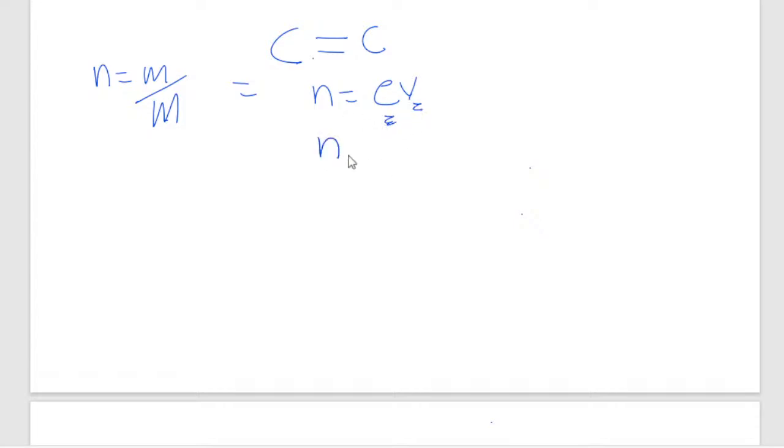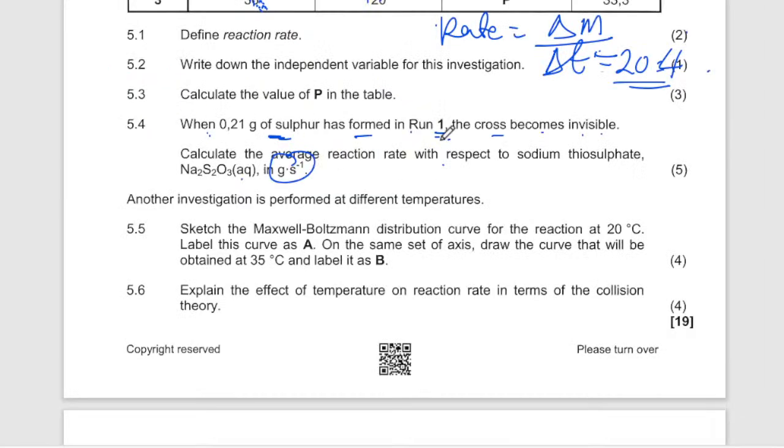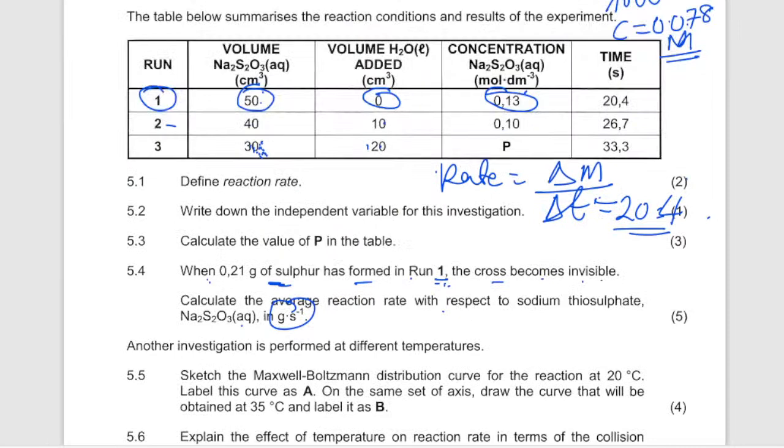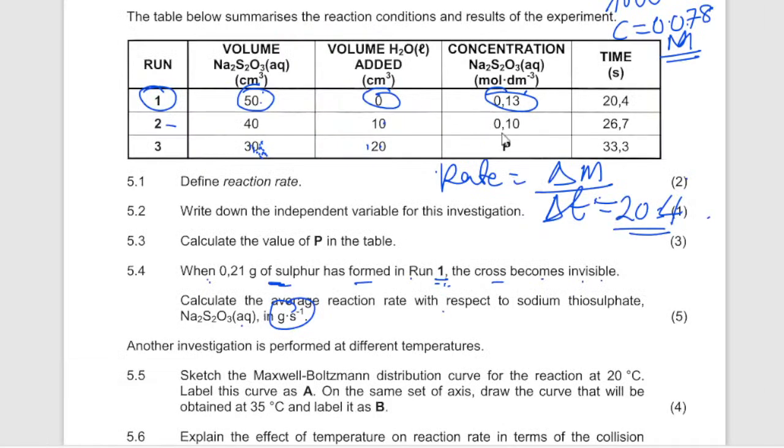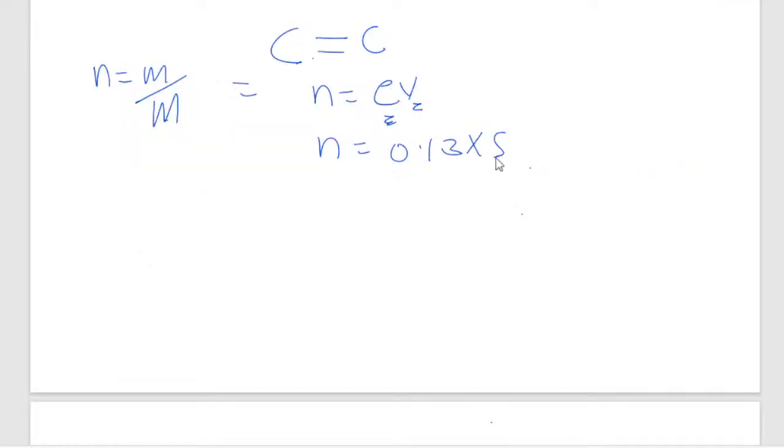So number of moles is equal to 0.13, we know it here, 0.13 is there, and then times the volume. Do you know the volume? Yes, we know the volume as 50. So we know volume as 50, but it's supposed to be molar volume, so I divide it by